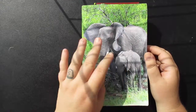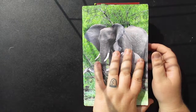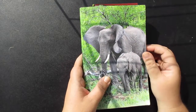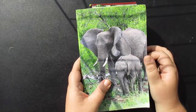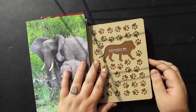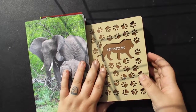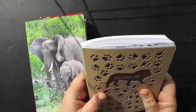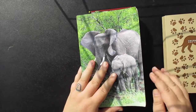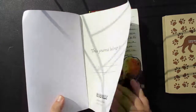So we ordered this notebook with the elephants on it specifically for the journal. After our first zoo, I realized that we were going to need more space. So at the next zoo we visited, which was the Columbus Zoo in Ohio, I picked up this notebook, which is now about halfway full. So it's actually 2 different journals. I'm not going to go through the entire journal with you guys, but